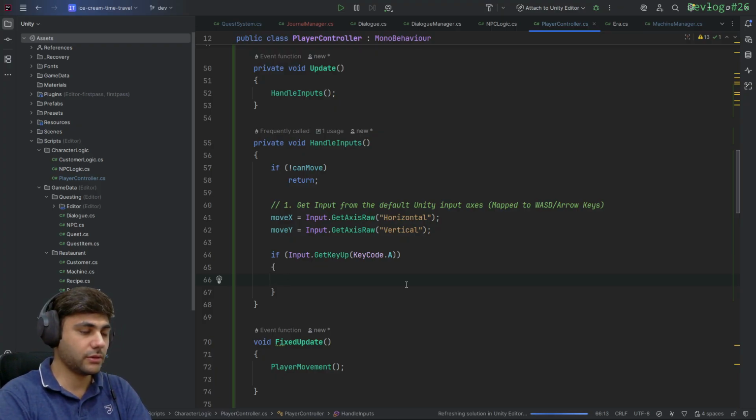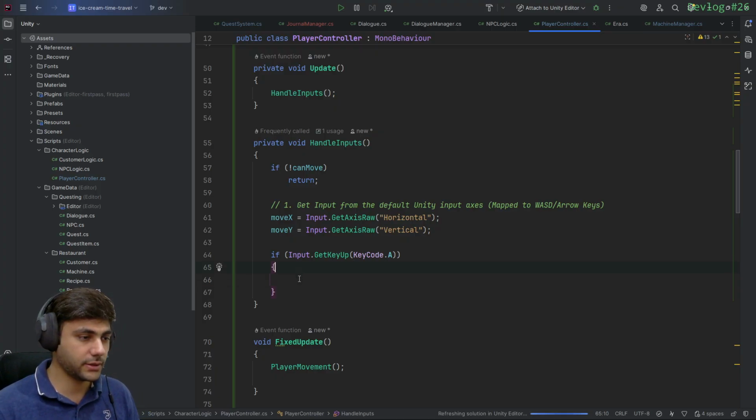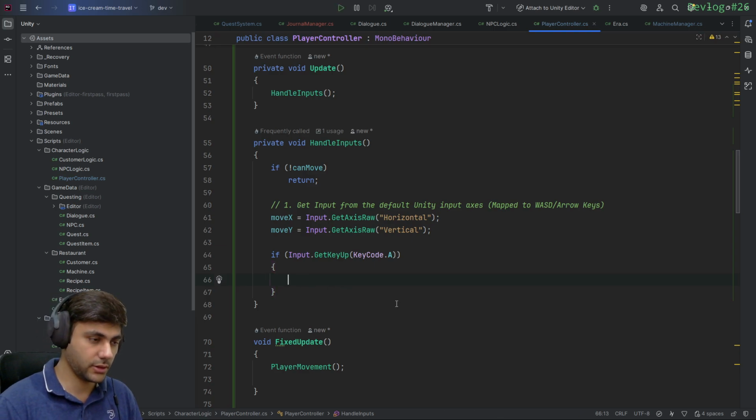Okay, so get key up, and this is A, and it should do